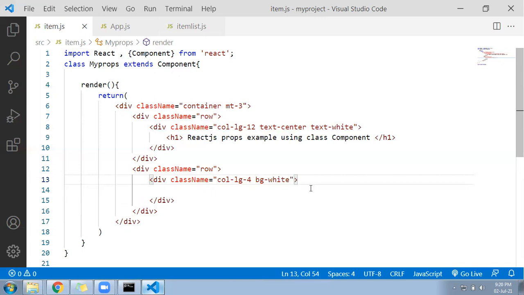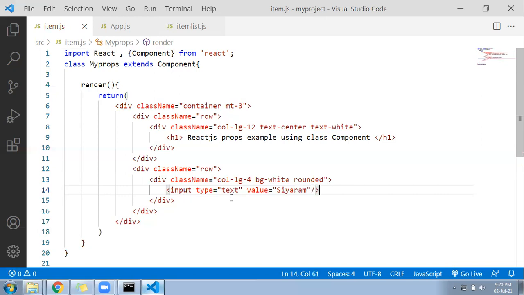After that, let me write a class called rounded also, so that it will give a little rounded corner. Now here I am going to write a predefined property just to understand the meaning of property. Suppose I am creating one text box here, input type equal to text, and I will be writing here a property called value equal to my name, SIYARAM CRM.